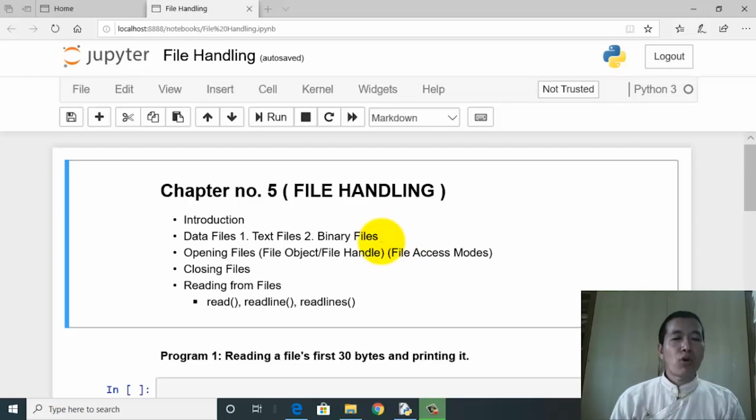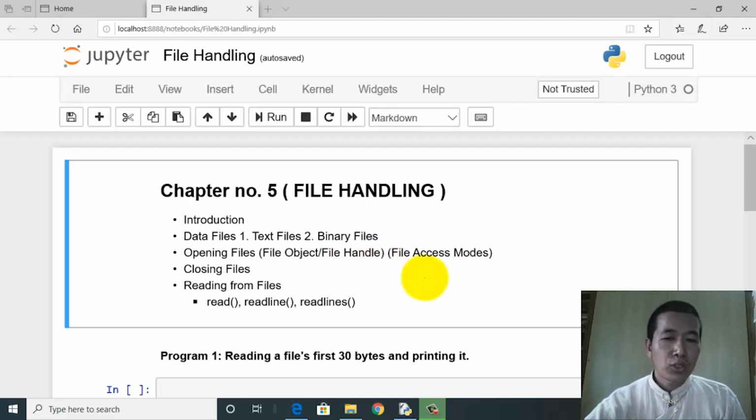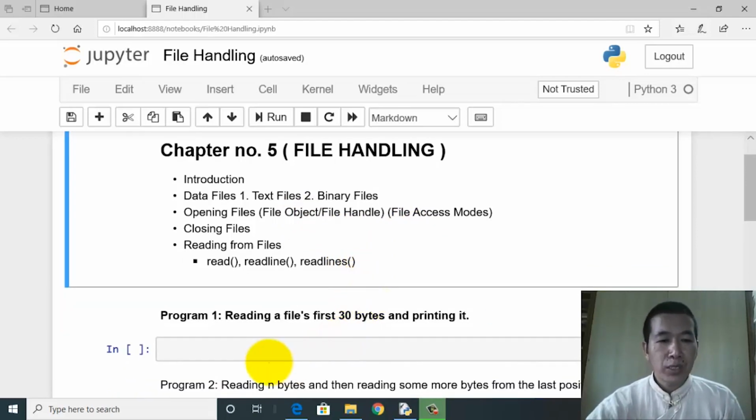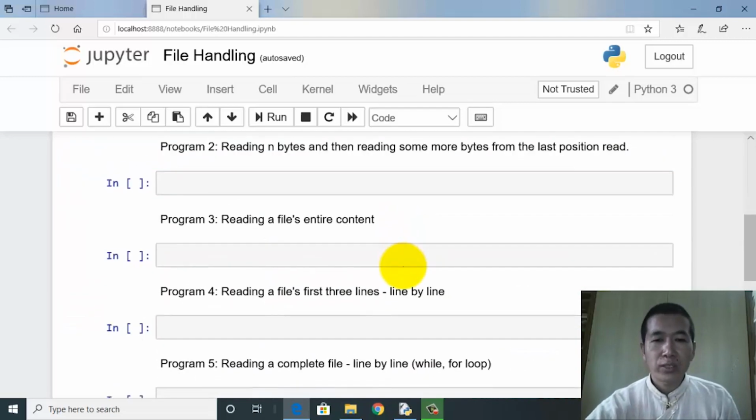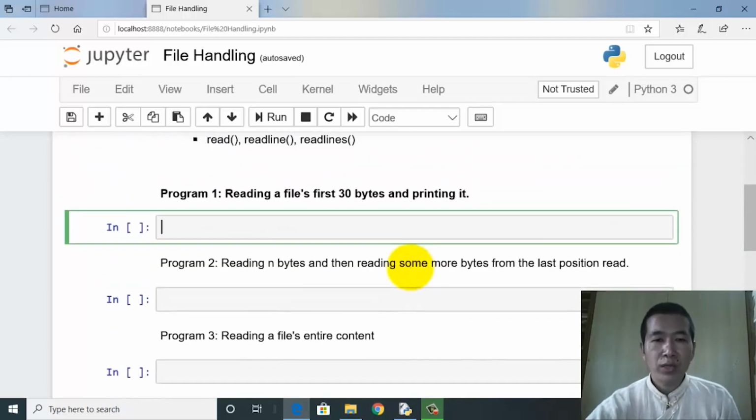So the third important point is opening files. Whenever you write a program, first things first, you need to open a file, be it a writing process or be it a reading process. So we'll do a small program in order to help you understand better regarding how to open a file, how to deal with the file access modes, right? In order to save time of the duration of the video, I have listed all the questions, and then I'll be showing you the programs one by one.